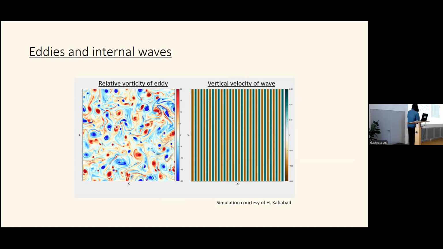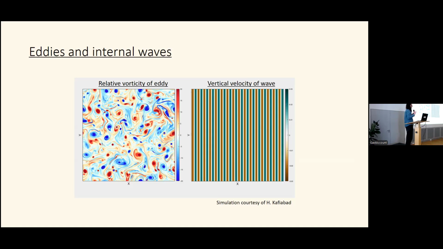bump into each other and interact. So this is a 3D Boussinesq simulation that was carried out by Hissing and Cathode. On the left there, so it's strictly periodic. So the eddy and the waves we separate with a normal mode decomposition. On the left there is the vorticity of the eddy, and on the right is the vertical velocity of the